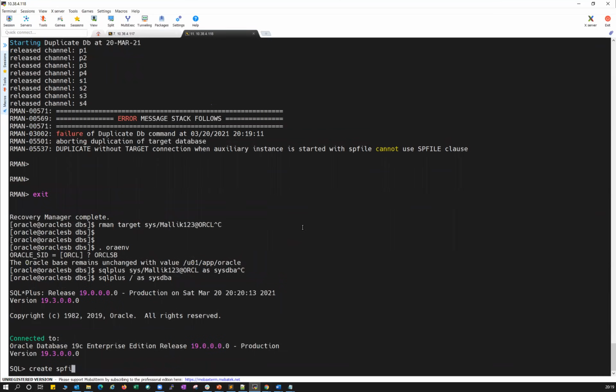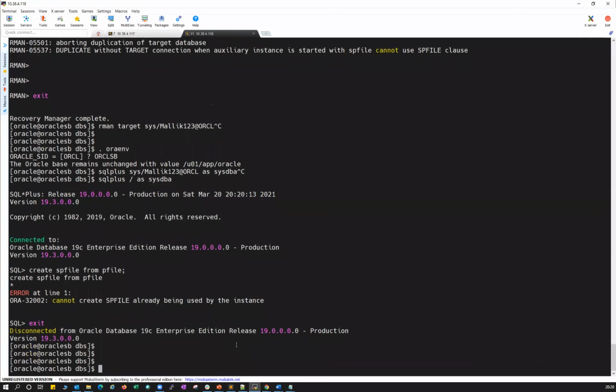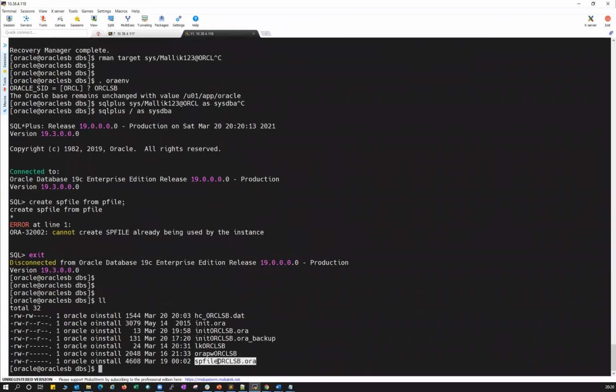Create SP file from P file. We need to give that P file location. Cannot create an SP file, already being used by the instance. Oh, already being used. Okay, something is wrong with the SP file. Let's remove the SP file, because I have my old SP file that might be causing the issue here.